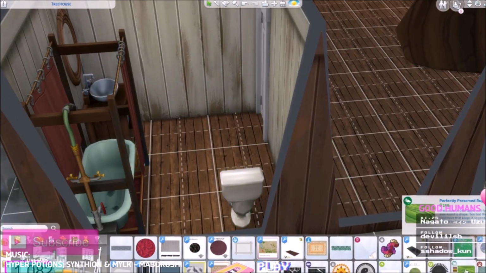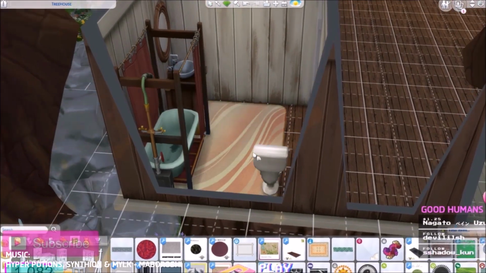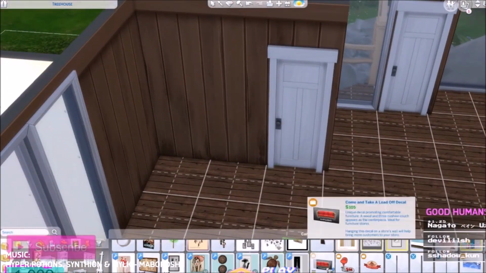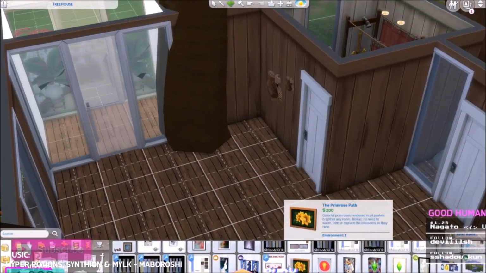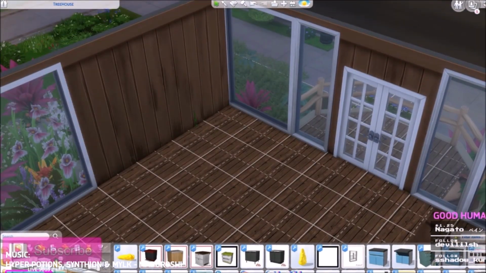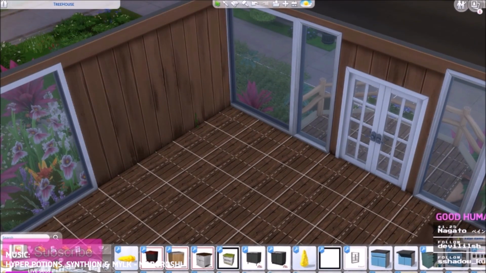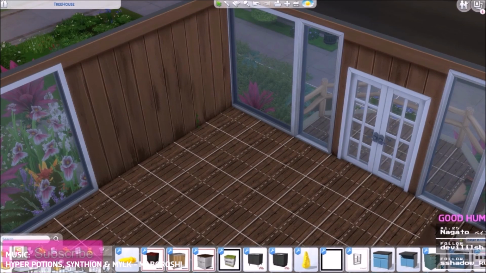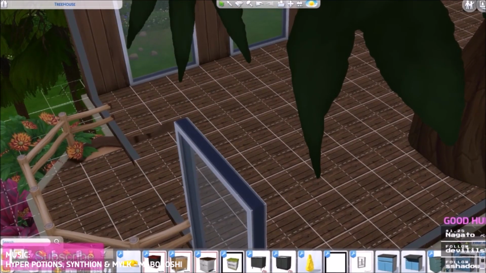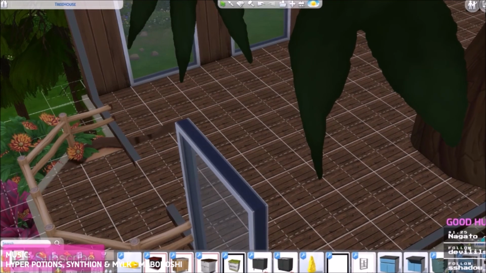I do use a lot of CC in this build because I just love CC, and you know that. Even if I tried to make a no CC build, because of Slice of Life, I don't know if it's Slice of Life or whatever mod I'm using, it always marks it as CC anyway, so I figure, well, if it's gonna mark it as CC, it's gonna be just as hard to find regardless, so I'm just gonna use CC, and,